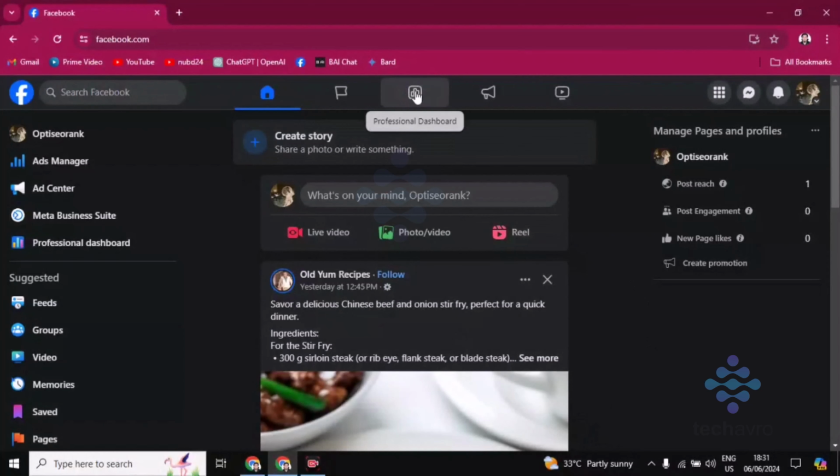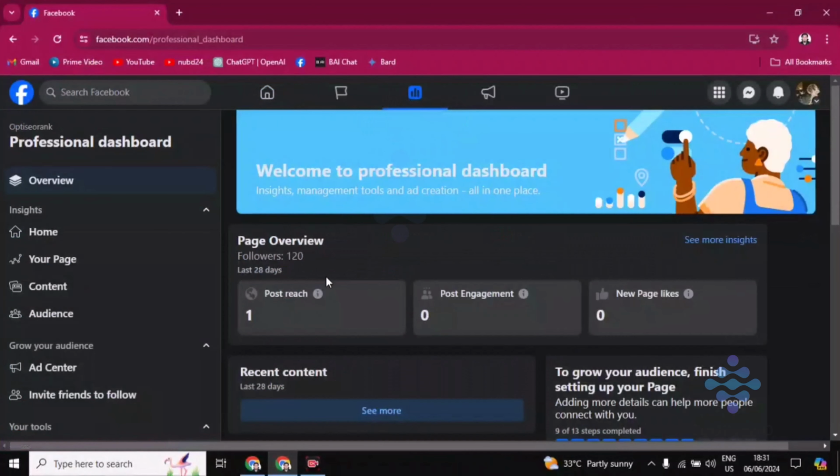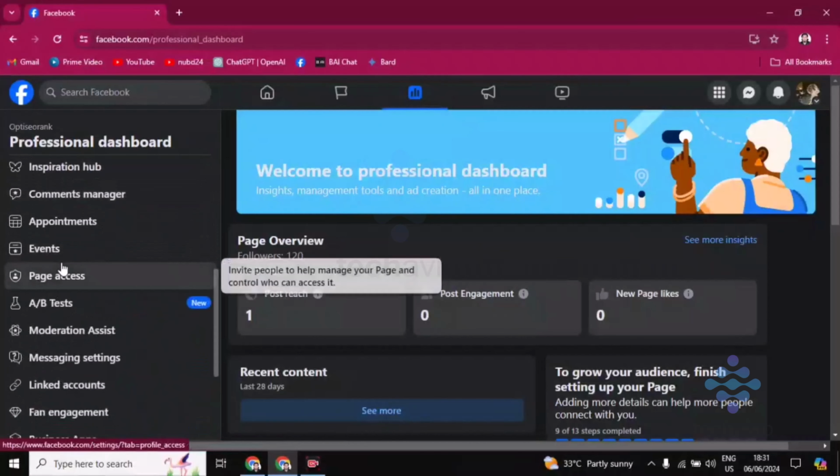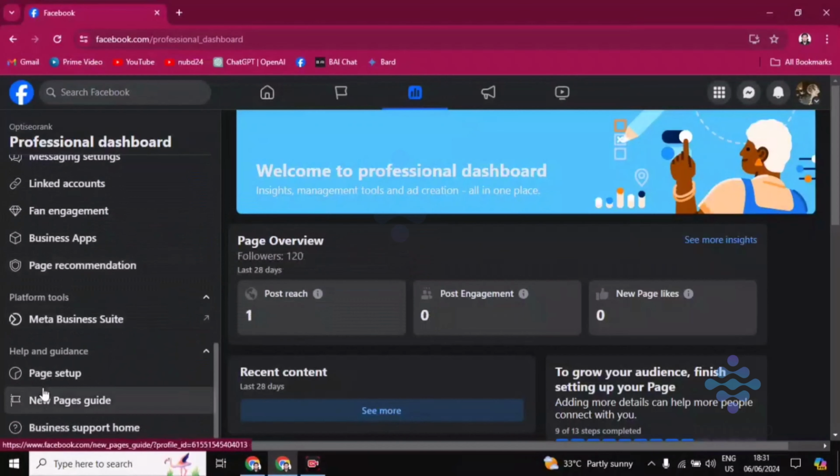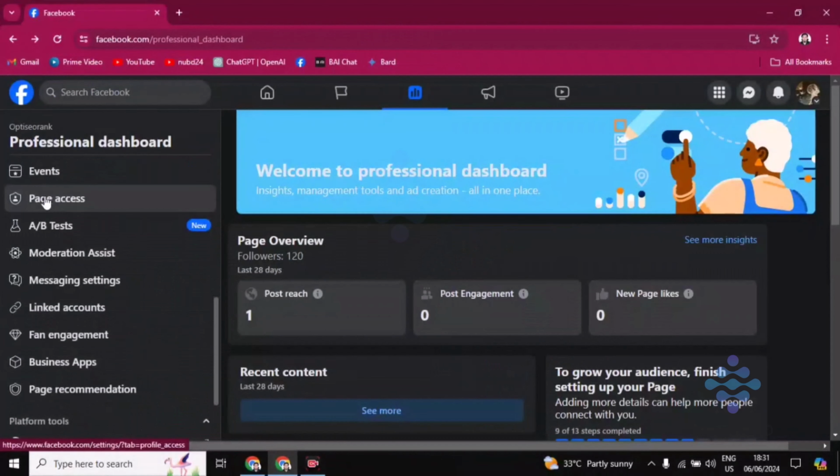Now you have to go to this option, professional dashboard. Click on this and scroll down till you find page setup. Click on this page setup, sorry, not page setup, my bad, page access, this one. Click on page access,